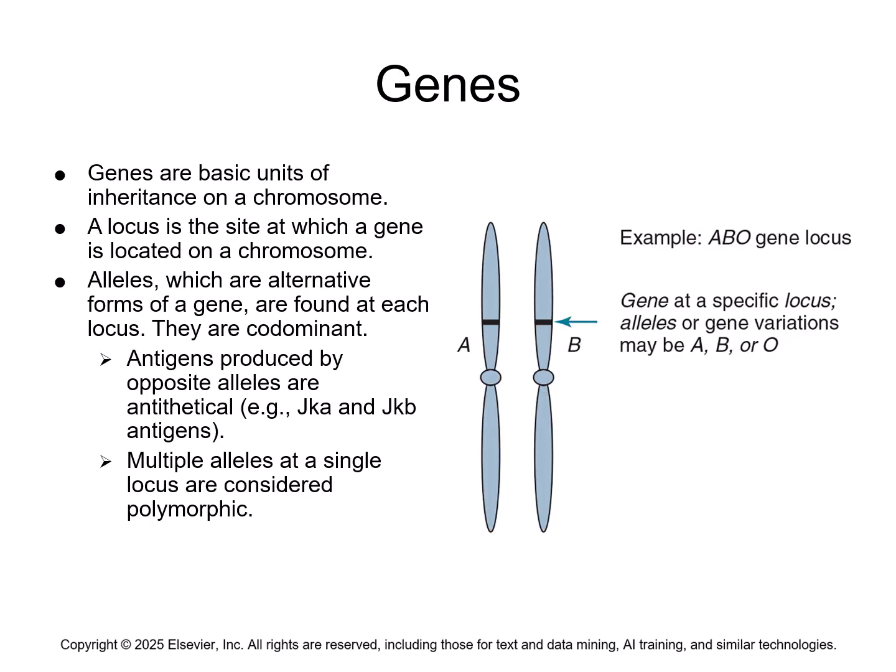Now let's talk a little bit more specifically about genes. Genes are basic units of inheritance on a chromosome. A locus is the site at which a gene is located on a chromosome. Alleles, which are alternative forms of a gene, are found at each locus. They are codominant. So in this example of the ABO gene locus, we have the genes A and B located at